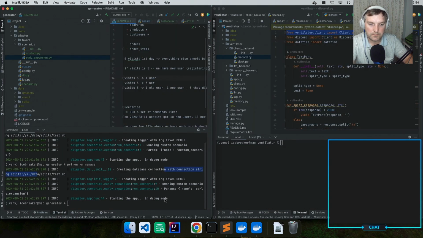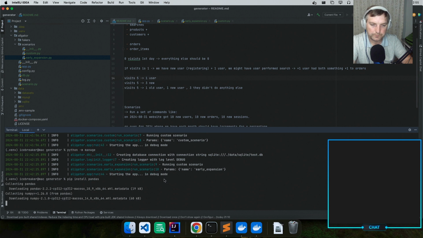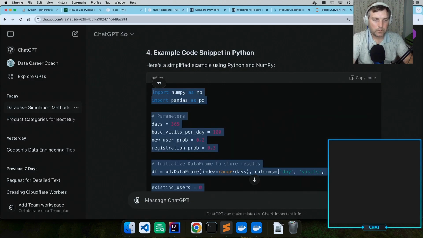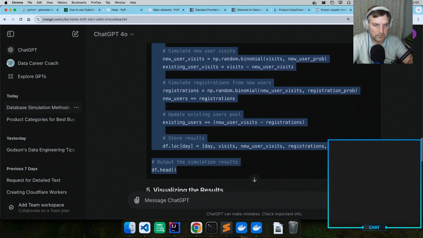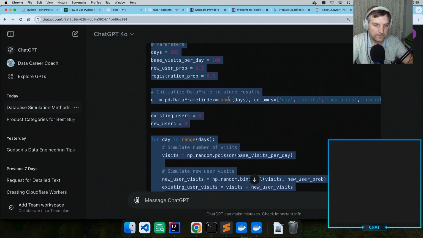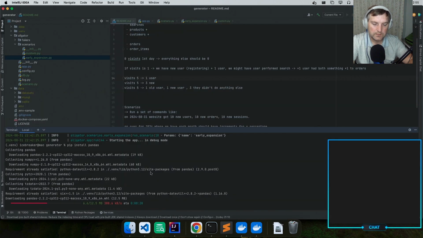Okay, so let's close this one. We don't need this one anymore. So pip install pandas. I want to see what was generated. I kind of want to see how that will look. Maybe this is something we should be using. Okay, so while this is installing,